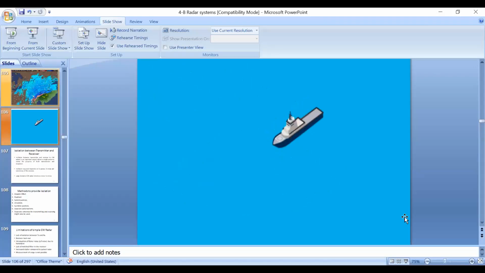Okay, right? And now I think you are clear with the continuous wave Doppler radar. What is continuous wave Doppler radar? What is the function? Why are we using it? What is the block diagram? And what is the basic operation, working principle? And what are the applications? What are the disadvantages? Right? Now I think you are clear with this topic.